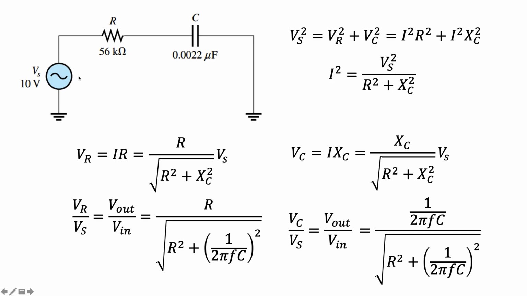Here we have a 10-volt AC source, a resistance of 56 kiloohms, and a capacitance of 2.2 nanofarad. Let's solve for the voltage output across the resistor and across the capacitor. From Kirchhoff's voltage rules, we get the following equation for the output voltage across the resistor on the left-hand side,